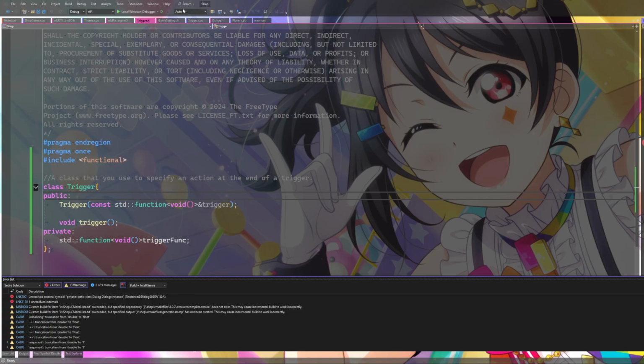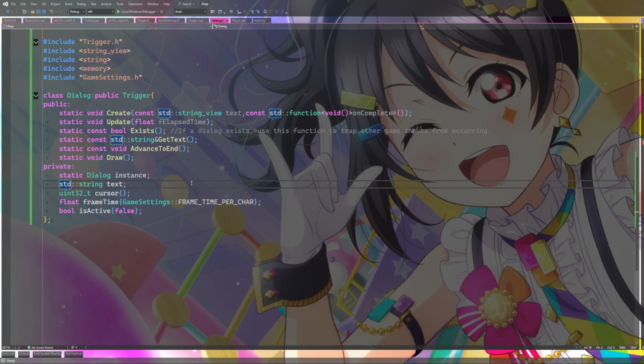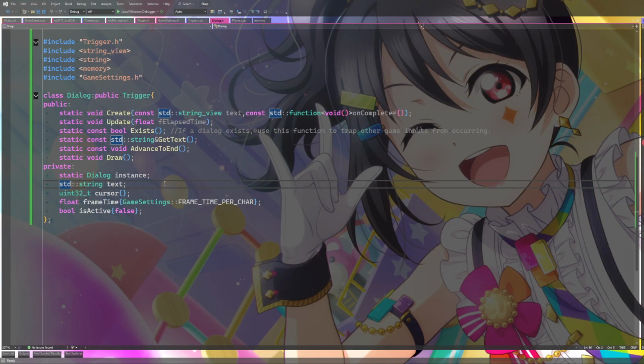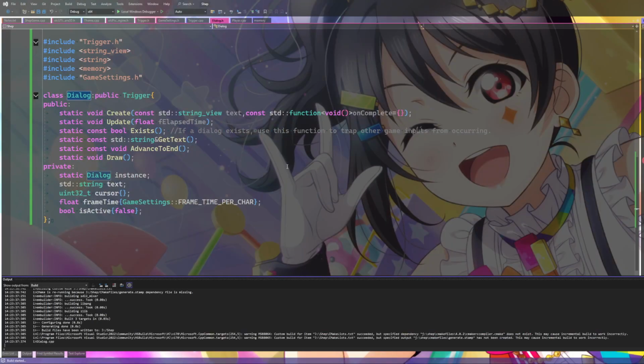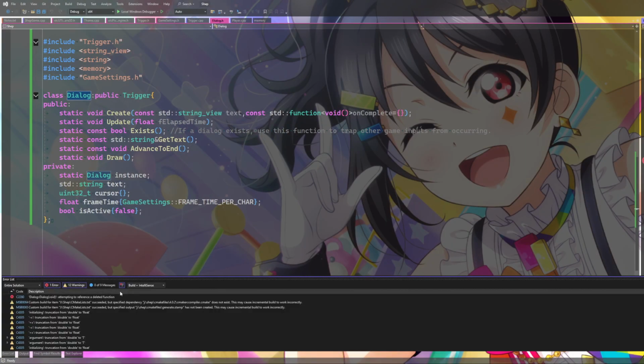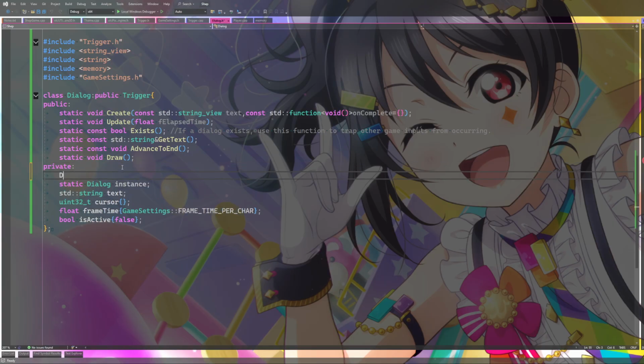Private stack class dialog instance doesn't exist. Instance? What? Oh, we have to initialize it. Attempting to reference a deleted function. Ah, right. But if we make it private, it should be inaccessible and it'll just exist, right?